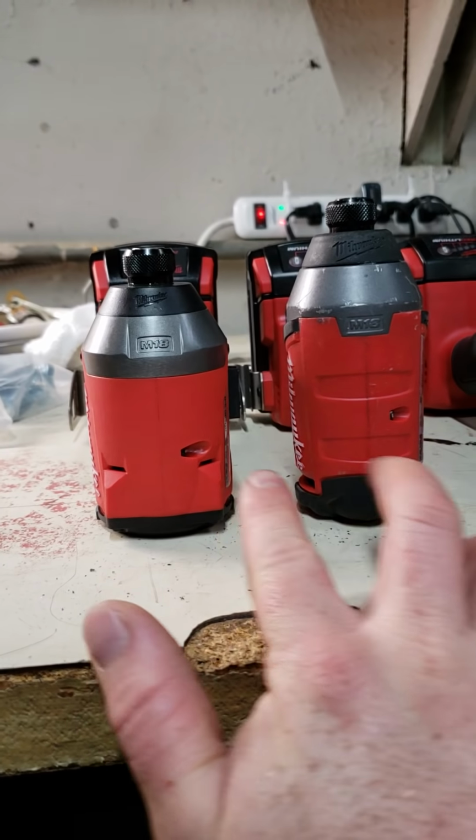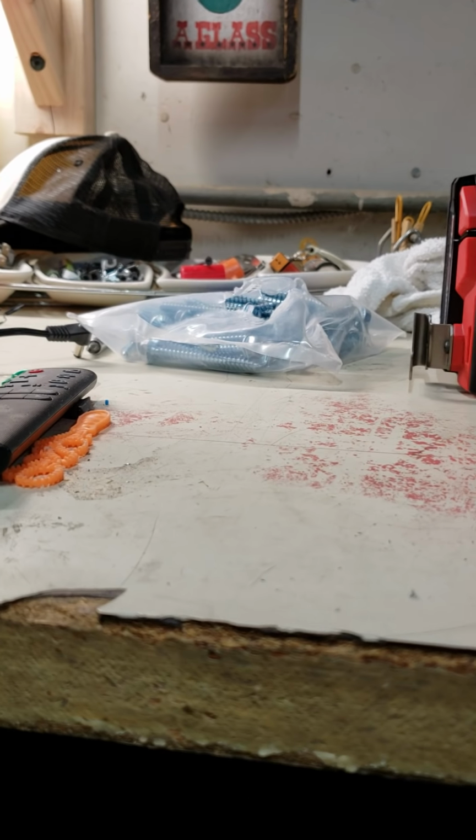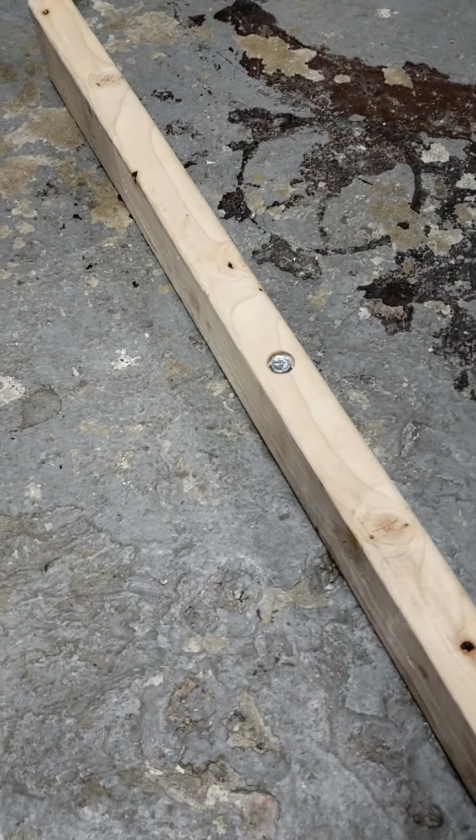So anyways, when I compared the two of these, again, I took some 3-inch long by 1/2 inch diameter lag bolts, and I'll walk out here for a minute, guys. Sorry, it's going to get a little dark until the camera focuses. I'll bring this 2x4 back in the garage so you can see it a little better. Kids' bikes everywhere. It's supposed to be my man cave, but when you have kids and a wife, they tend to take over